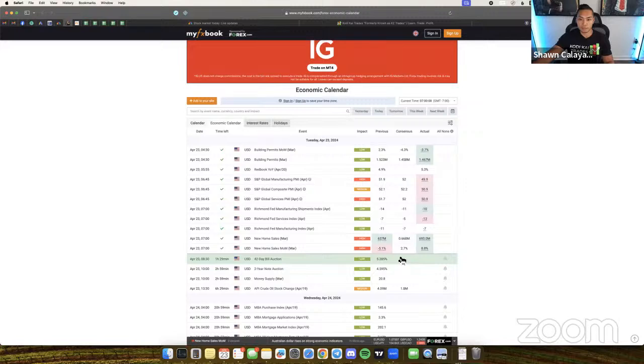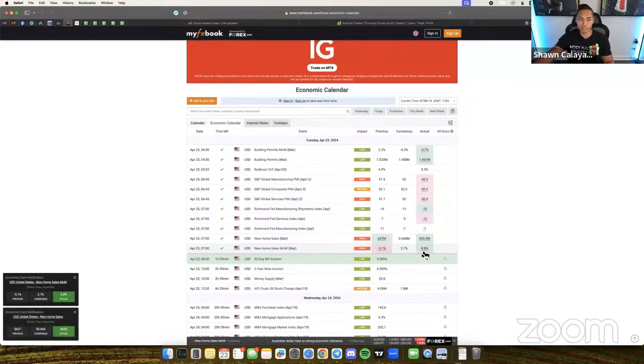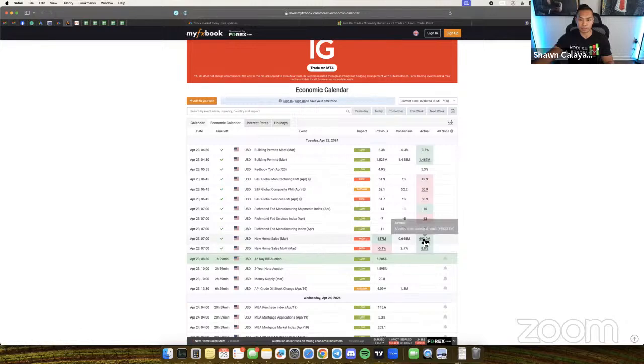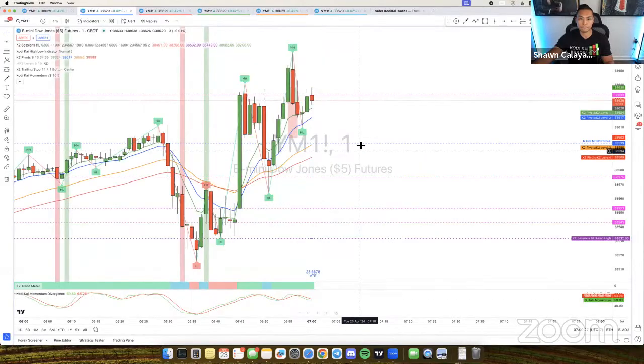All right, news was positive, just like expected. It was actually really positive. So looking at this right here, it was forecasted to be 2.7, it was actually 8.8. Big numbers here for new home sales. New home sales month over month, for the month of March, are up very big,